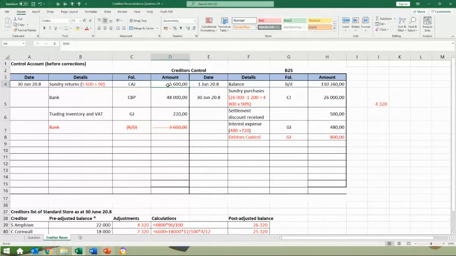Now what you have to do in this, we've adjusted all of these things. So now we have to go update these balances. So this would now be the 5,690. Our bank remains the same. Here we've got a settlement discount received. Now when we get a settlement discount received, it is not on the credit side. We actually reduce our creditors journals. So this one here